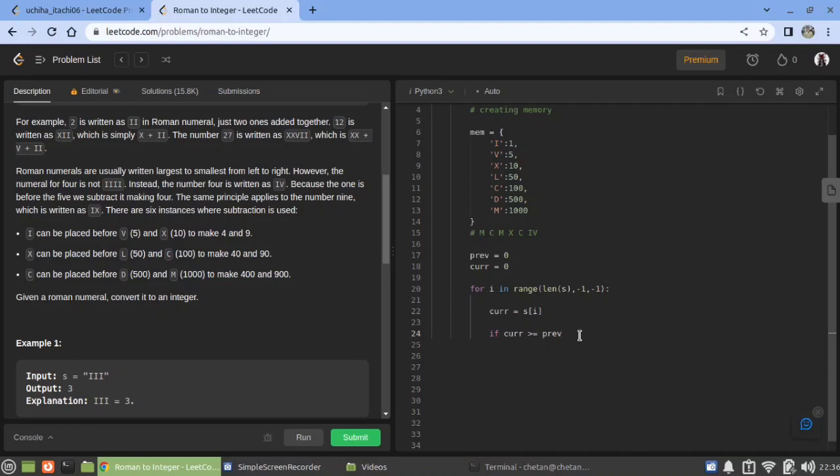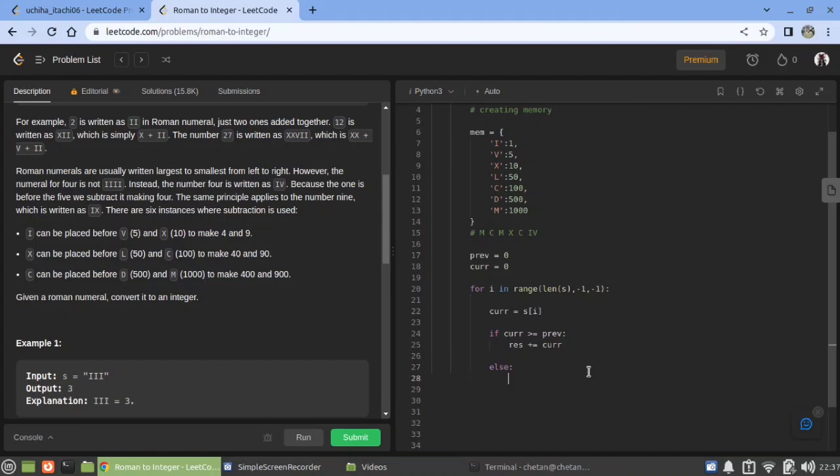If the current is greater than or equal to the previous value, then we do the normal iteration, which is just to add the current value to the result,